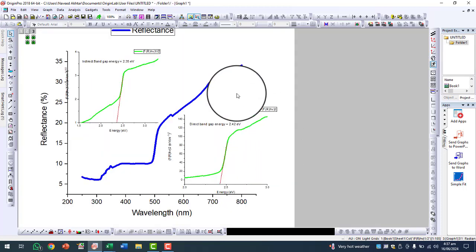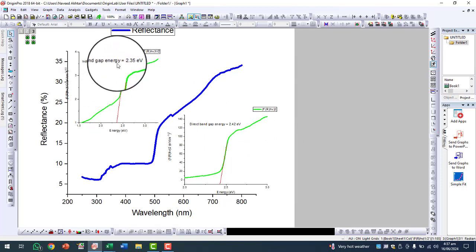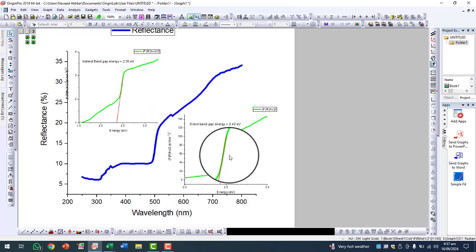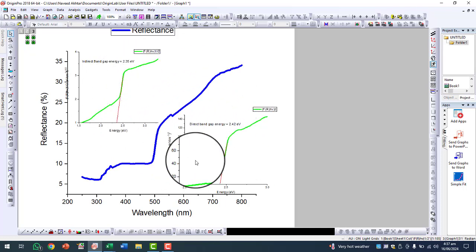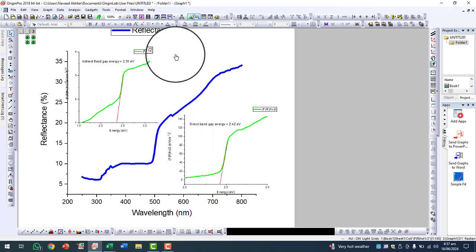So now you can see from here that the indirect band gap energy of my material was calculated to be 2.35 electron volt, and the direct band gap energy of my material was calculated to be 2.42 electron volt. So this is a simple way to calculate the band gap energy of your material.